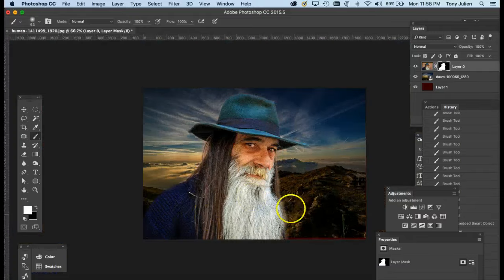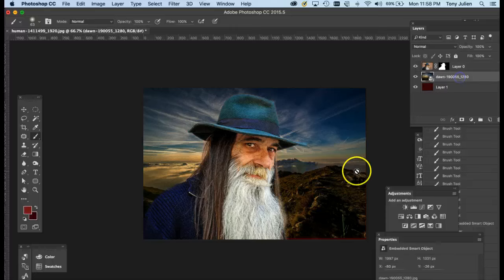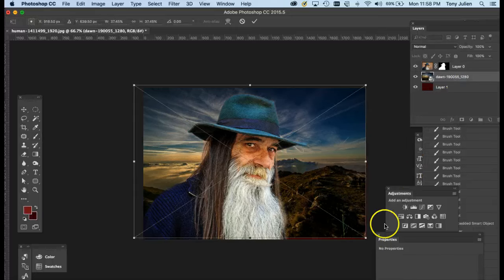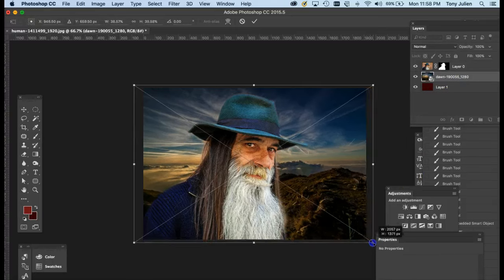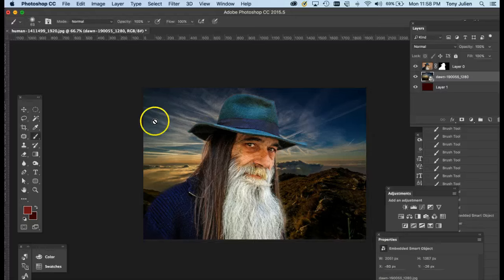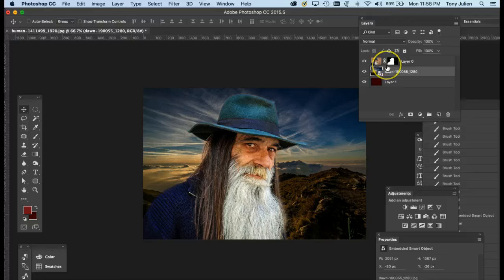That looks fine. So one of the things, I'm going to make the image a little bit bigger. So you can scale that background image. One of the cool things about layer masking and layer adjustments is that when you want to make adjustments to a layer, because we've masked it out, we can make adjustments to this layer or this layer independently or both at the same time. So with the adjustments panel,